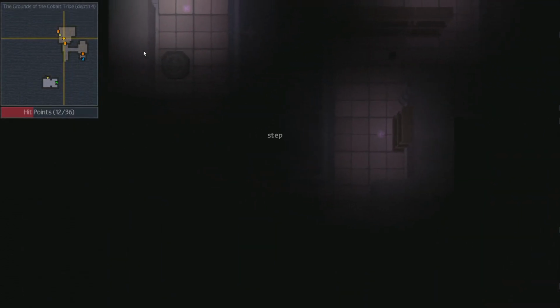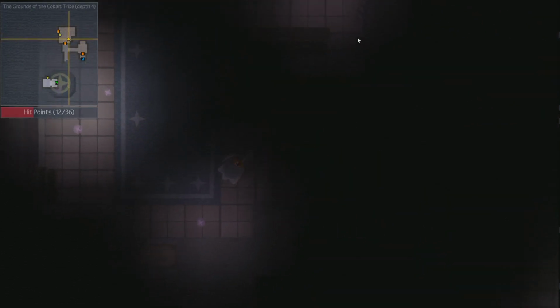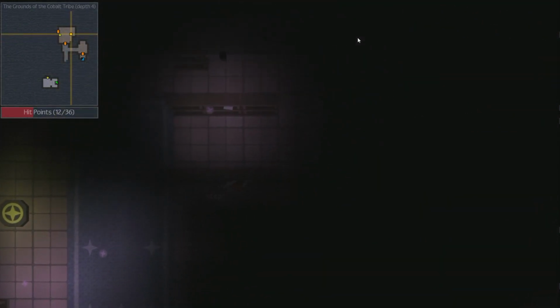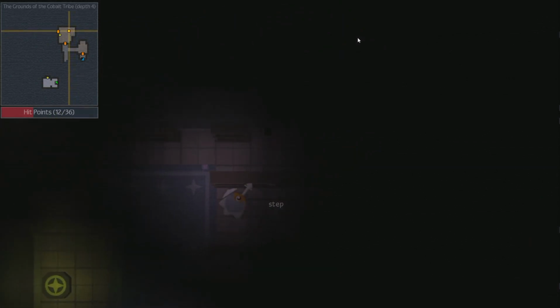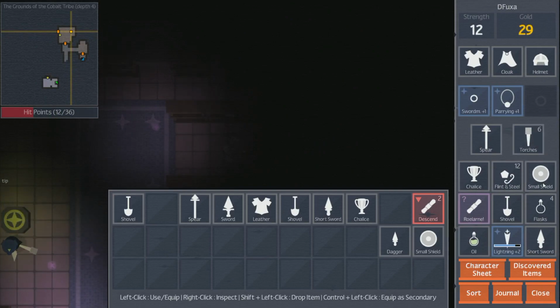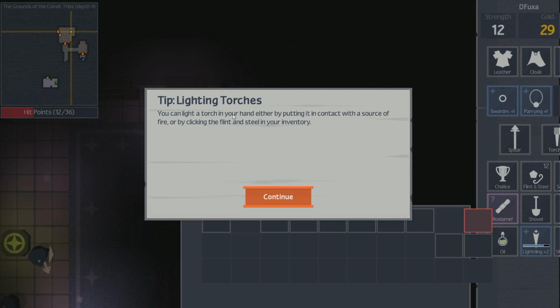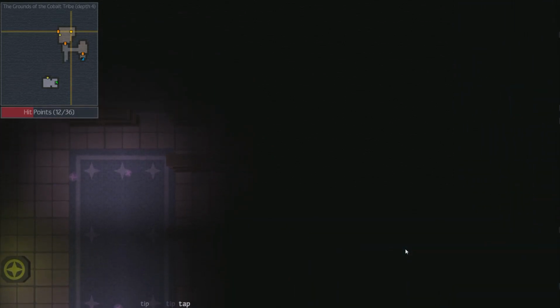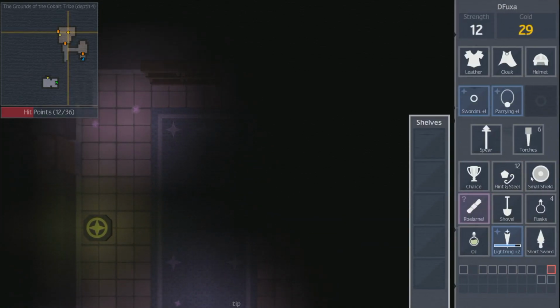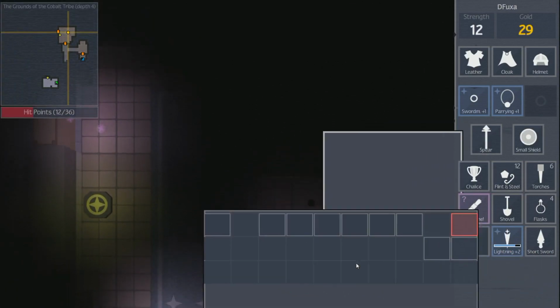Oh, there's darkness. I'll let you guess what darkness does. Now, note by the way, it is possible to use torches. And tip, lighting torch. You can light a torch in your hand by putting it in contact with a source of fire or clicking the flint and steel in your inventory. That's good to know. Alright, the kobolds are sort of wandering around here, so...